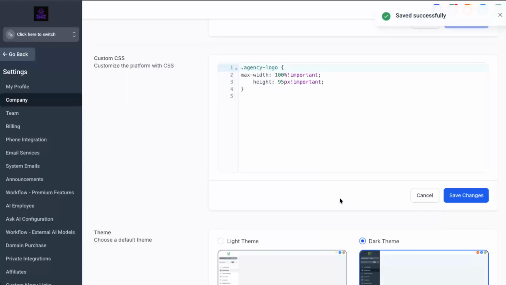Once you've updated that number, scroll down and click on Save Changes. After saving, refresh your GoHighLevel interface, or open a new tab to see the updated logo size in action. If it's not quite right, just come back, adjust the number again,